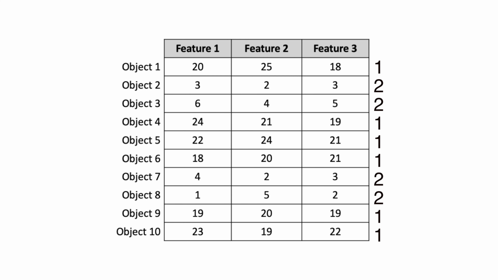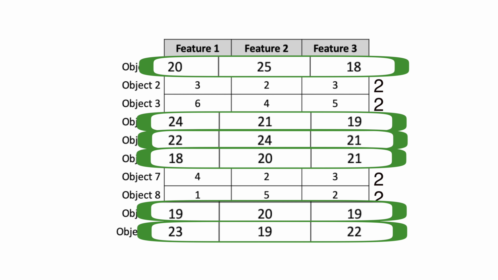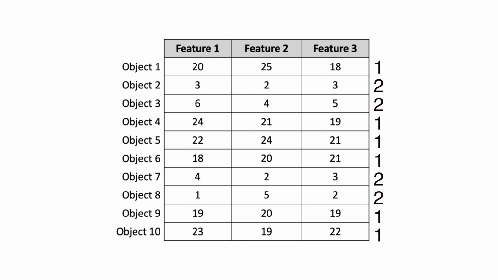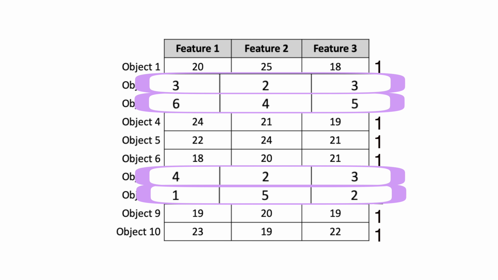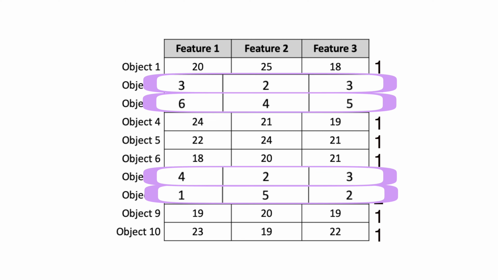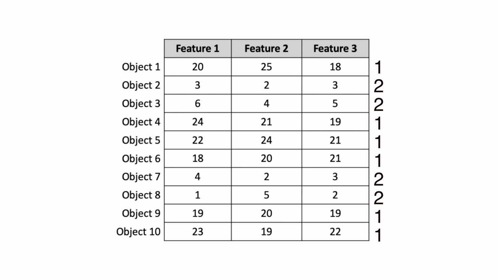Notice that objects in cluster 1 have larger values in their features. Objects in cluster 2 have smaller numbers in them. That is, in clustering, rows that have similar features will be in the same cluster. In real data, all the features might not have all large values or all small values. Some features in the same row might be small, some features in the same row might be large.